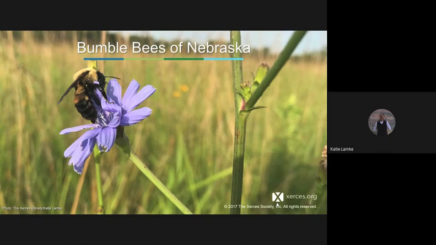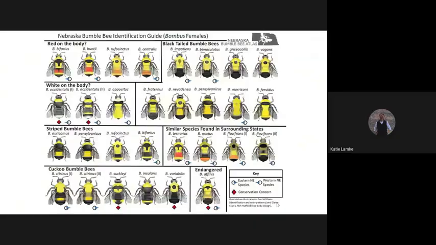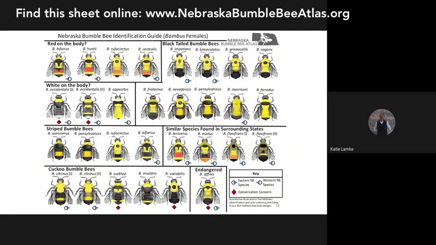My name is Katie Lamke, and today we're going to be talking about the bumblebee species that you can find in Nebraska. So in the state, we have about 20 different species that are all displayed on the sheet here, which should be in your participant handbook. And you can also find it online at